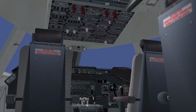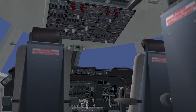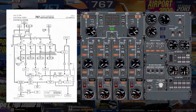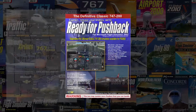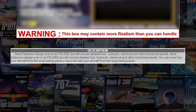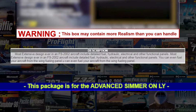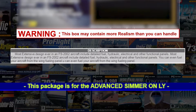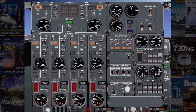Moving on from the 3D cockpit, I'd like to spend some time covering what is perhaps one of the most lauded features of the RFP 747, the depth of the system simulations. Indeed, up to this point, I have not mentioned that VMAX aggressively marketed the RFP as not beginner-friendly and for the advanced simmer only. And while you may be tempted to believe that based on what you see and interact with on the panel, the actual depth of the system simulated in many cases isn't much more than surface level